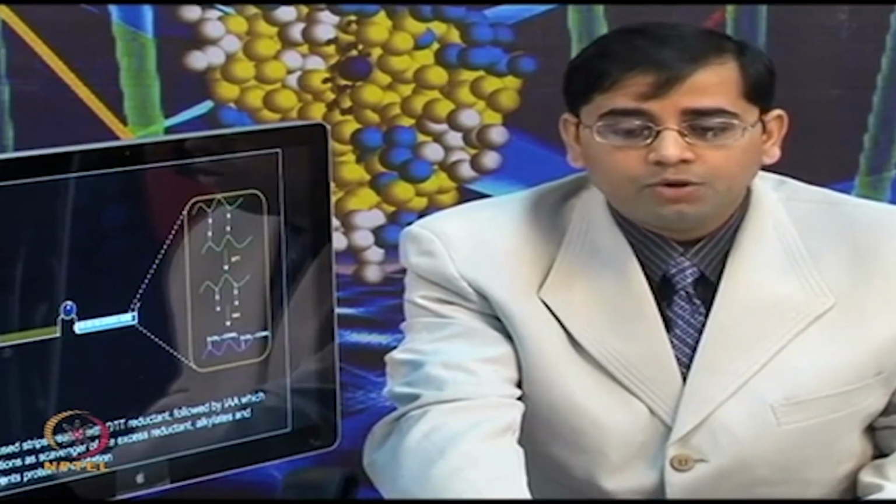The DTT reductant will be used for the first step, followed by IAA, iodoacetamide, which functions as a scavenger of the excess reductant and alkylates and prevents the reoxidation. So, here you can see how different bonds are broken from the disulfide, and IAA is preventing the reoxidation, alkylating